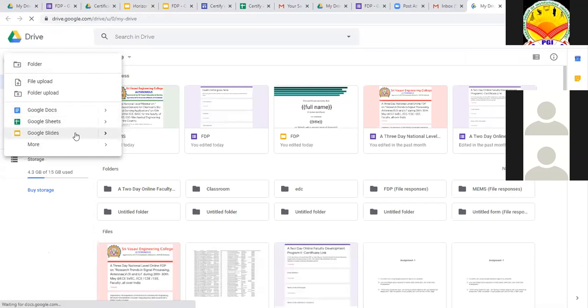If you want to create your own certificate, you better develop it in Google Slides. That is one way of designing our own certificates. Or if you want to design your own certificates in PPTs, we can, but we have to upload the certificate into Google Drive. Otherwise, you can directly create your own certificate in Google Drive by clicking Google Slides. In Google Slides we also have some free templates, different templates are available. Or if you want to design your own certificate, you click on blank presentation.